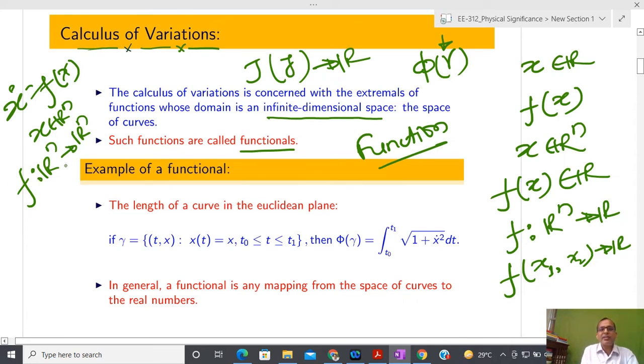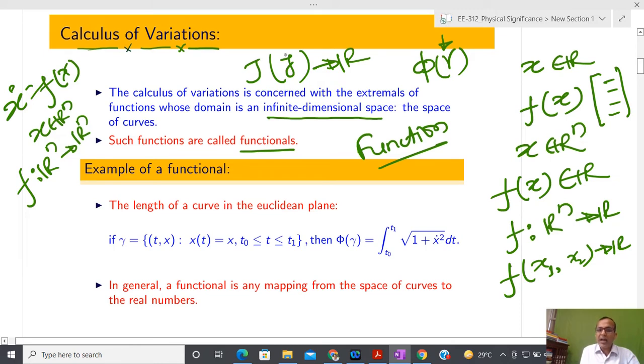I have some special class of function here also, f mapping from R^n to R. But the argument is still some kind of element that is coming from finite dimensional space. It means that I have n-tuples of the vector and each element is some kind of real number. Now whenever I am talking about calculus of variation, at that time we are going to define some